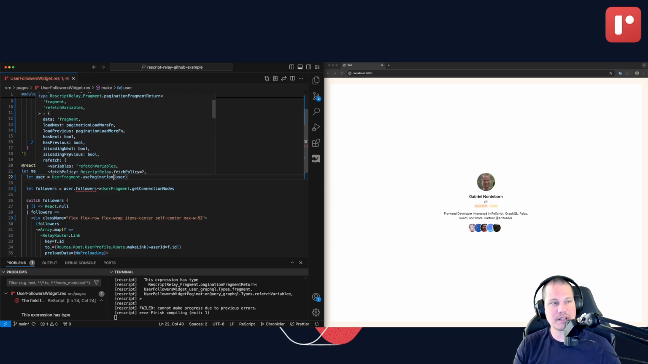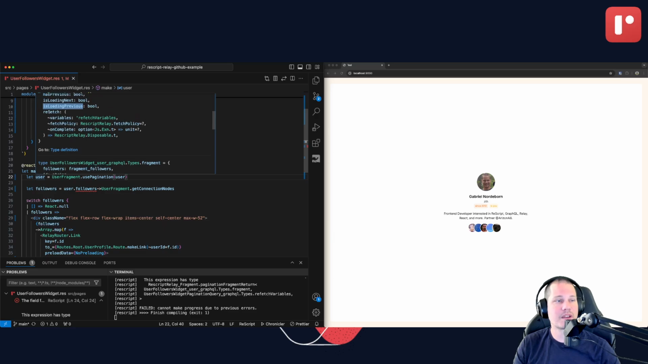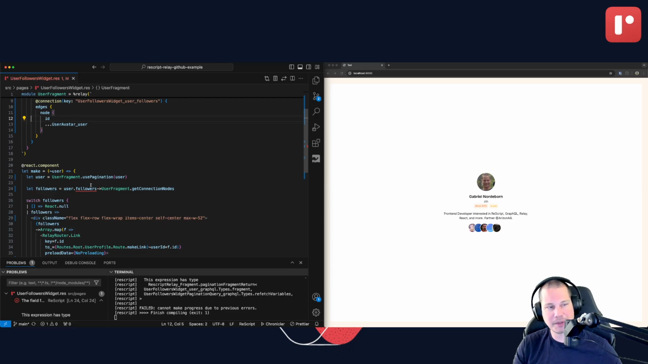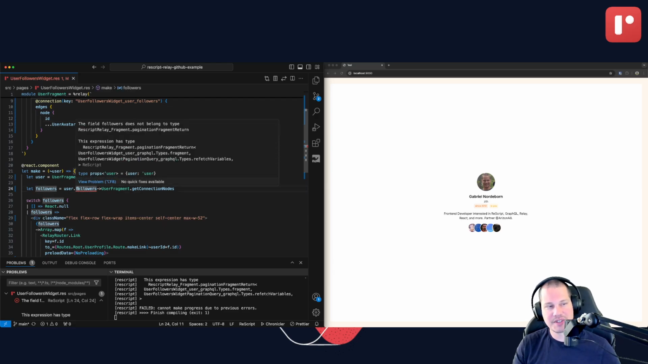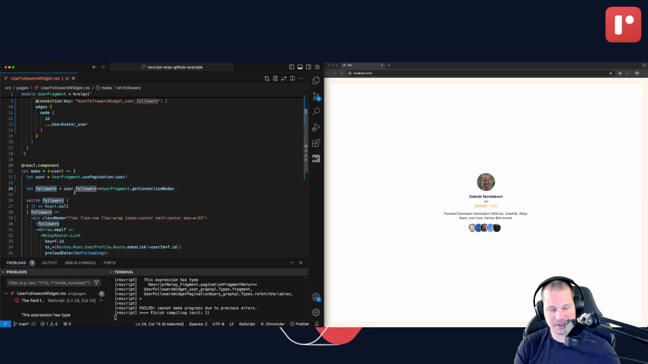That'll give you a bunch of different things. We can see a bunch of different functions. We have the data itself. We'll have loadNext, loadPrevious, hasNext, hasPrevious, isLoadingNext, isLoadingPrevious, and so on. And we also have the refetch function, which we're going to be talking more about in a later video where we do refetching. But again, notice that this isn't the kind of user anymore. This is instead another structure,